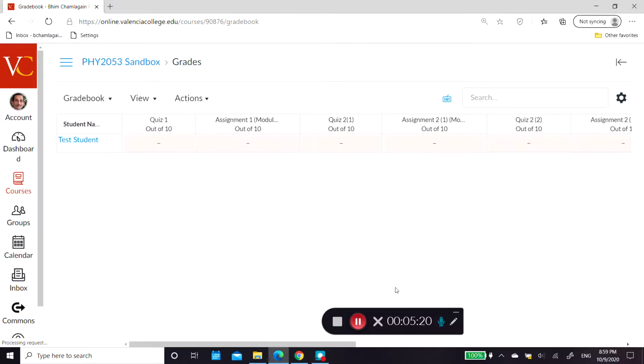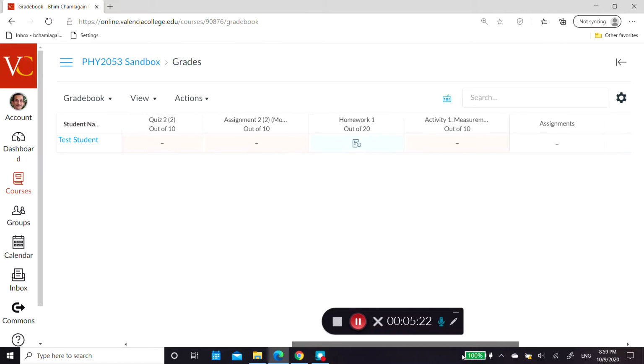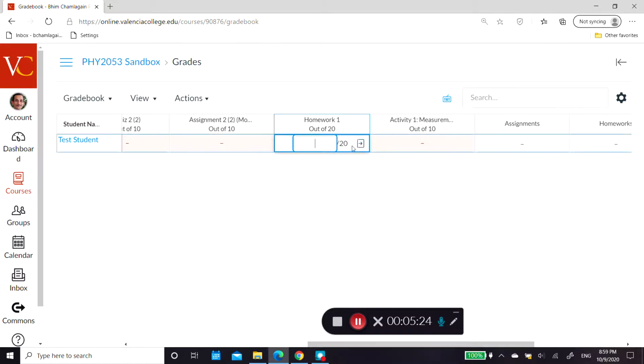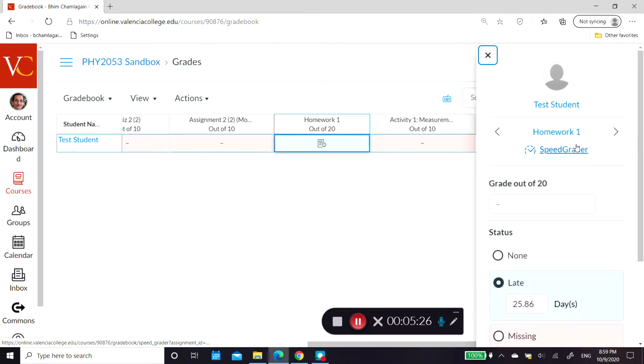In the grading section, I usually use SpeedGrader, which I like a lot. In SpeedGrader, I choose the student I have to grade.